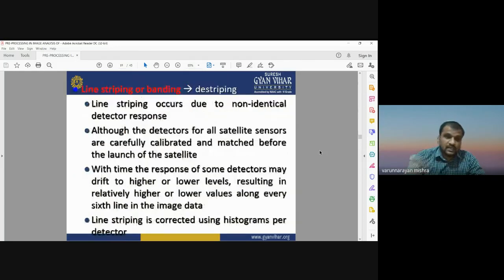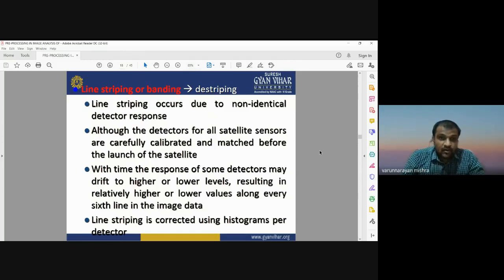Another kind of error that may be in satellite images is line stripping. Sometimes you see some black lines. These are errors that can be caused by the malfunctioning of the sensor. When the sensor doesn't work during the image acquisition, there may be a black line or strip in the satellite image. That strip is a kind of error related to the pixel values, so it comes under radiometric correction.